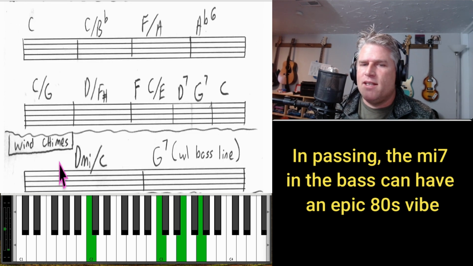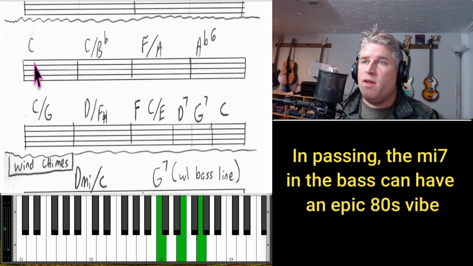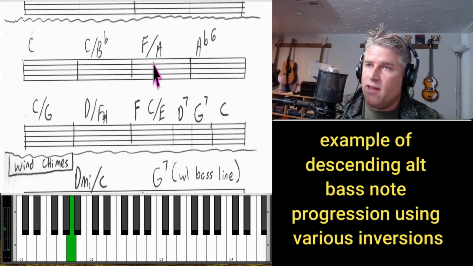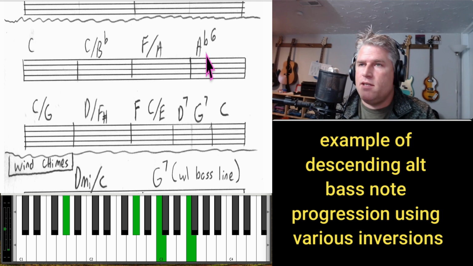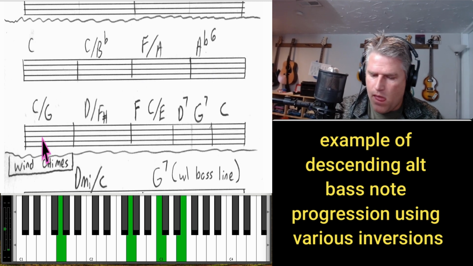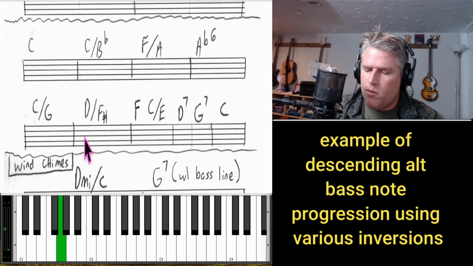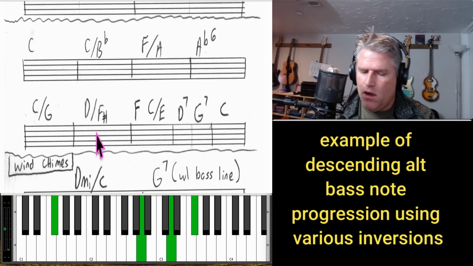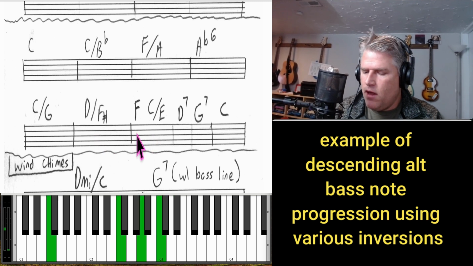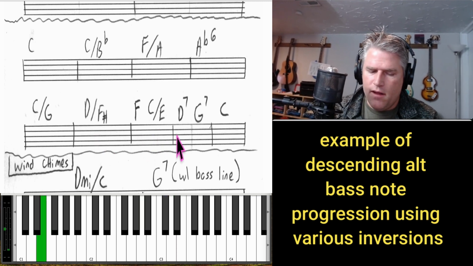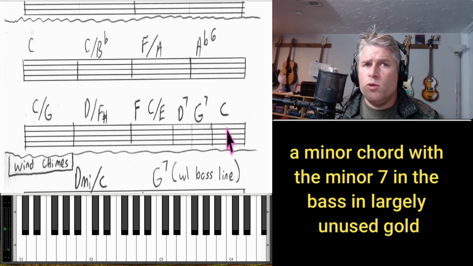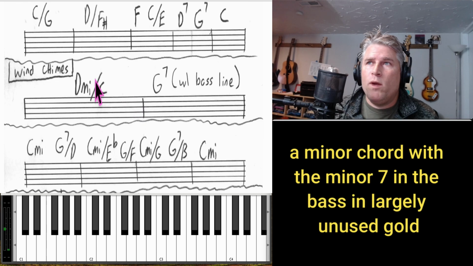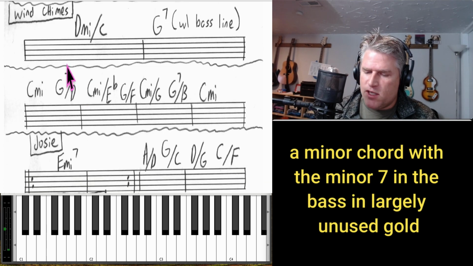need to know, like C, now C over B flat, now F over A, the major third in the bass, A flat, C over G, D over F sharp, F, C over E, D, G, C. You can also use it over a minor chord, Wind Chimes from Smile, Beach Boys' Smile, as